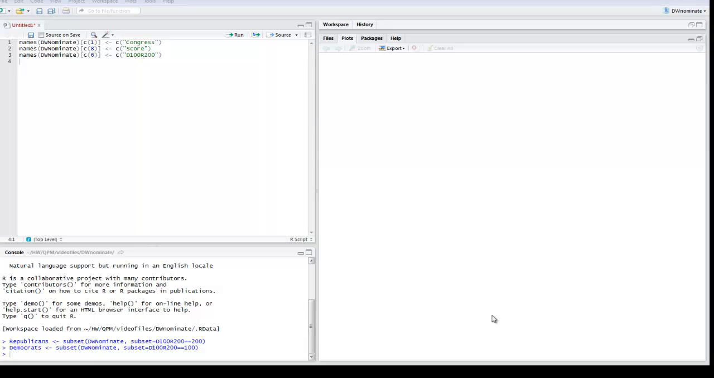So I've already brought in the data, and now I'm going to subset the data so I can make those plots. Our main data is named DW-nominate, and I'm going to subset it into Democrats and Republicans. So the command is pretty simple. Republicans, > sign, dash, and the command is subset, then the name of the big data set, so DW-nominate, then subset, and then the variable is D100R200, which is whether they are Democratic or Republican, and so Republicans are 200, so equals 200. We'll just run that,